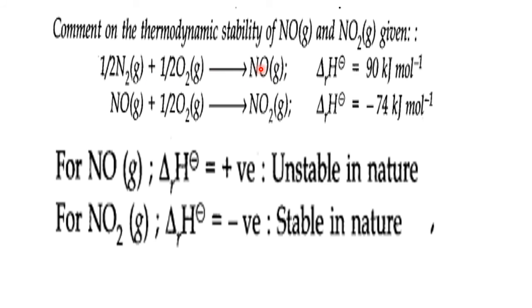Therefore, it is slightly unstable. It forms only when you supply heat, not on its own. So it is taken as unstable. Whereas here negative energy is given out, so they are highly energetic, they will combine and go for stability. Delta H negative means stability. For a system to be stable, it should go to the least energy state, energy should be given out. Here energy is supplied there, and given out here. So comparing these two, this one is somewhat more stable than that one. That is the comment you have to give. Okay, right. Your observation.